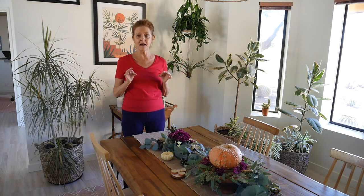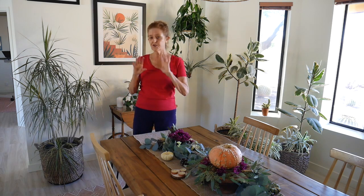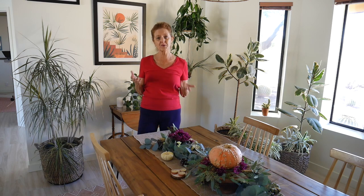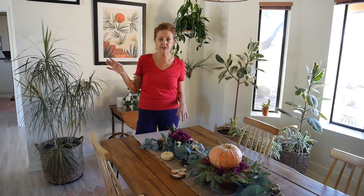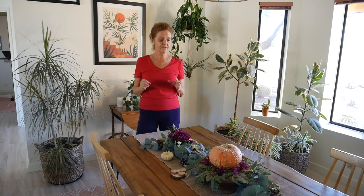I wanted lady apples, I wanted baby pears, I couldn't find them. The persimmons were too orange, I didn't want those. So this is all about just using what you can find, not running around to every store in town, and just making a centerpiece. Even 2 days before, you can make this centerpiece and it would be just fine, or